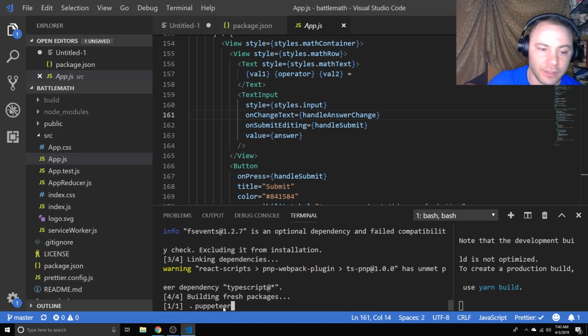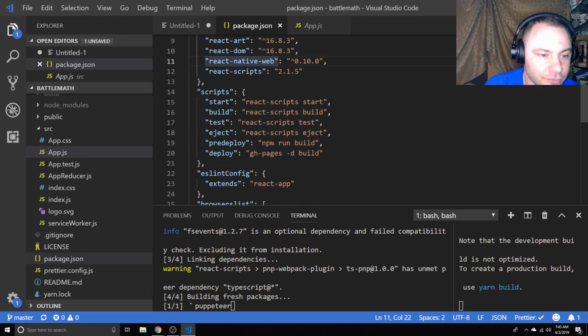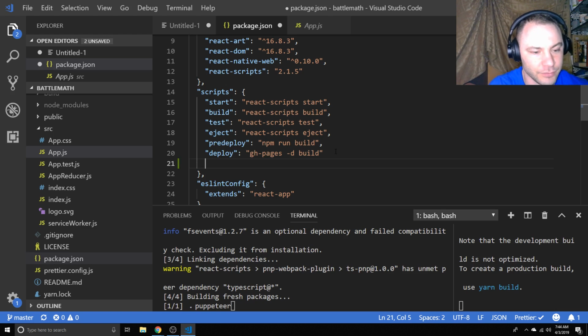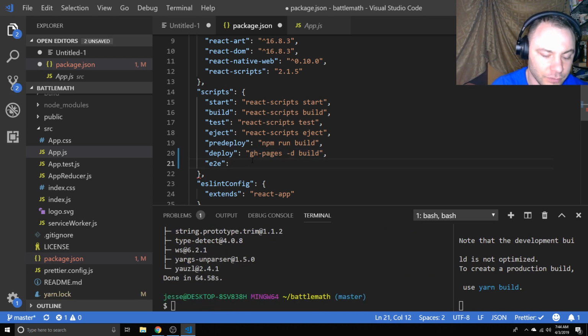another script. Right, so React scripts, this is what Create React App comes with, already has its test. Okay, so we're not going to use that. I'm going to make another one that I'm just going to call E2E, right? Because these are going to be our end-to-end tests. Okay, and then in our end-to-end tests, I'm going to